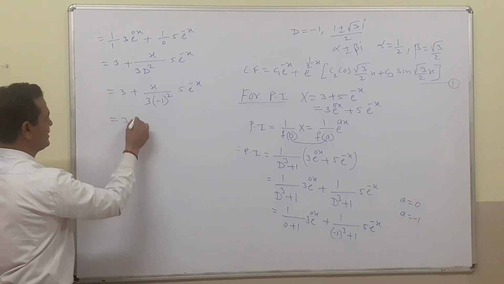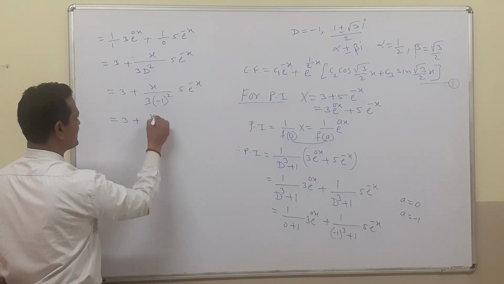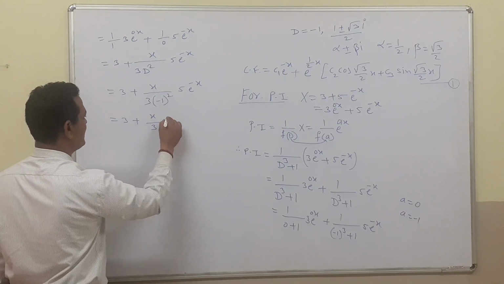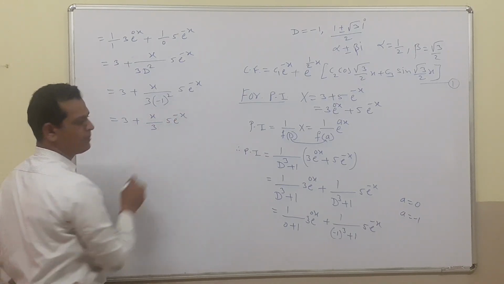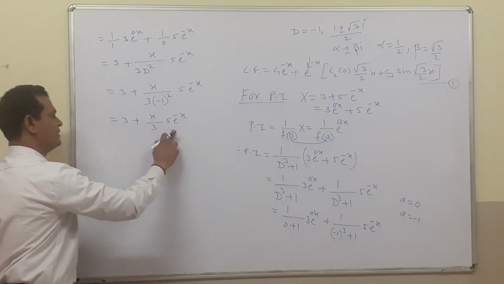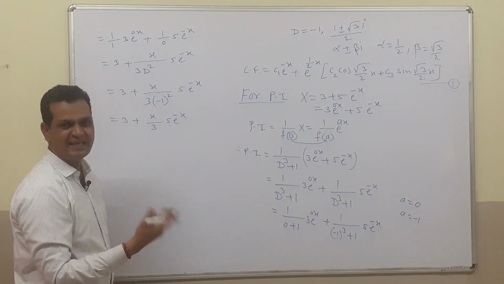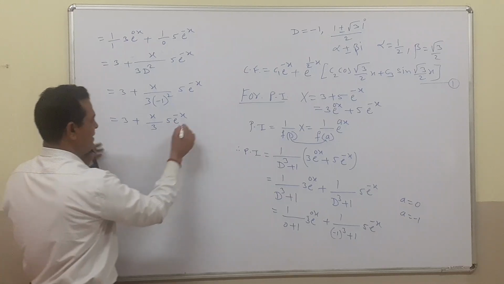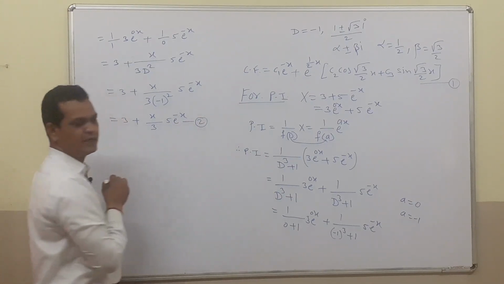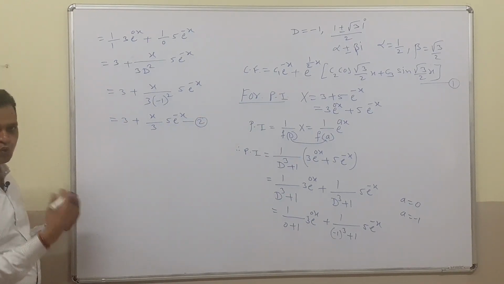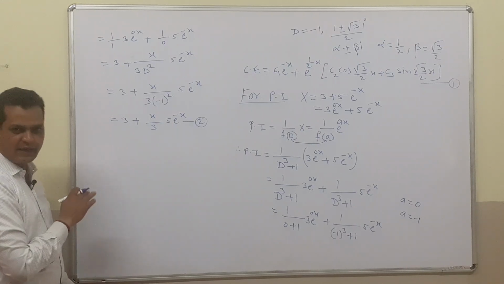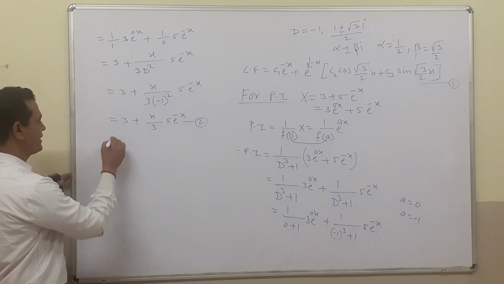So this is 3 plus x upon 3 into 5, e raised to minus x. In this equation, the term d is absent. That's why this is the final solution. Let's call this equation number 2. So from equation 1 and 2 we get,